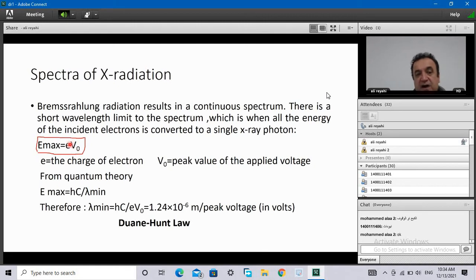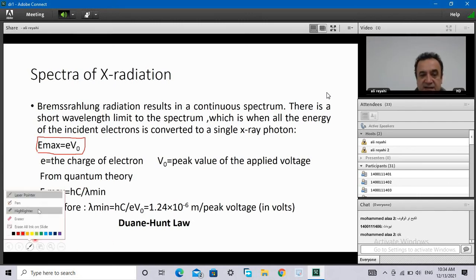So if all of this energy of the electrons is converted to X-ray, it will be the energy max of the photons. And you know this formula, please write this formula. Energy of photons equals